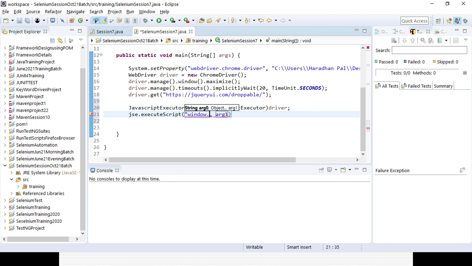I already discussed it a few weeks back. That is the method name, and I need to give the x axis and y axis. The x axis is zero, and for the y axis I can give 200 pixels, because I already know this is the pixel value I need to give here.